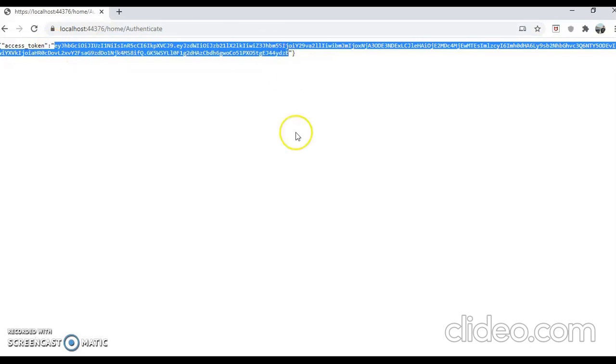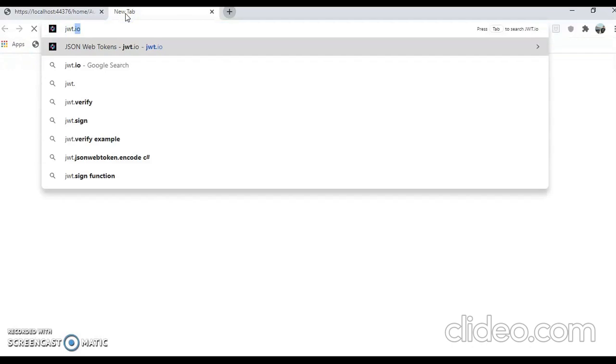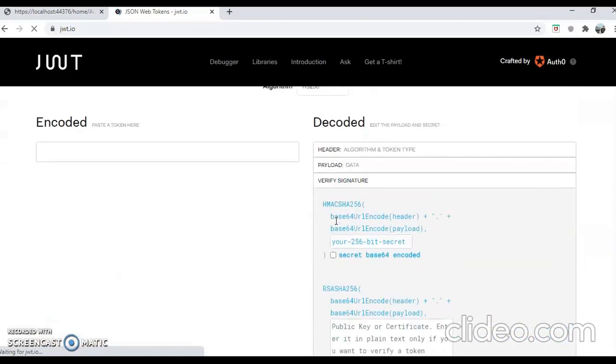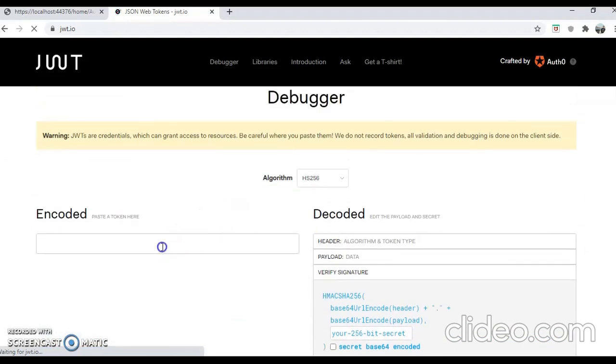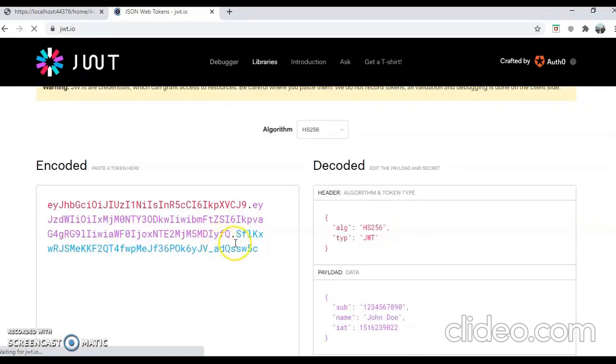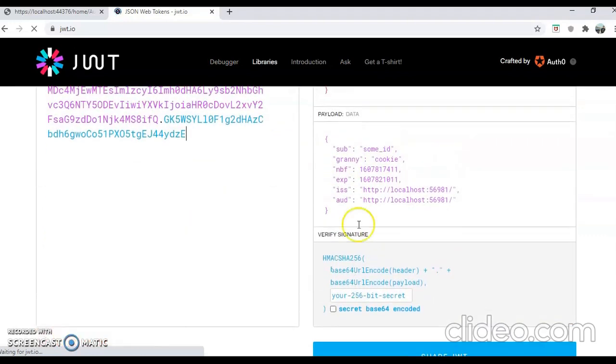jwt.io website. We will read its content, what is the value of the payload, header, and signature. So we're going to paste the value here, and this is the decoded value, and we have the cookie which is stored, and this is a JWT type token. This is the value of the signature as well. We can see here that it is encoded in base64.